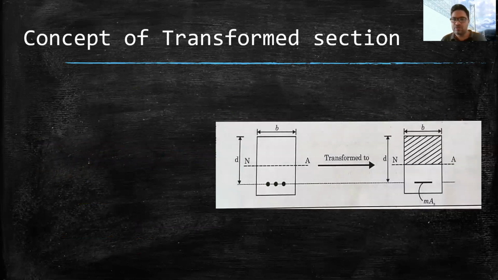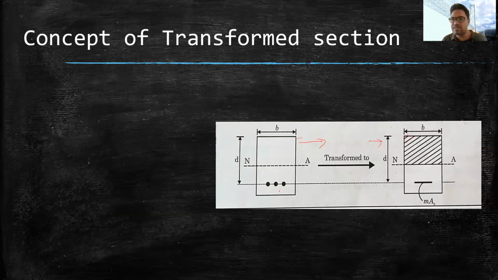Now, as I said, what we are going to do is transform this section. I mean, we are going to change this section into the transformed section. In the transformed section, you can see this hashed part. This hashed part is the concrete part. I mean, above the neutral axis, concrete is active and it is resisting the compression force. Below the neutral axis, as per assumption, concrete is not taking the tension, and all the tension will be taken by the steel. Now you can see what we have done is we have replaced these three bars